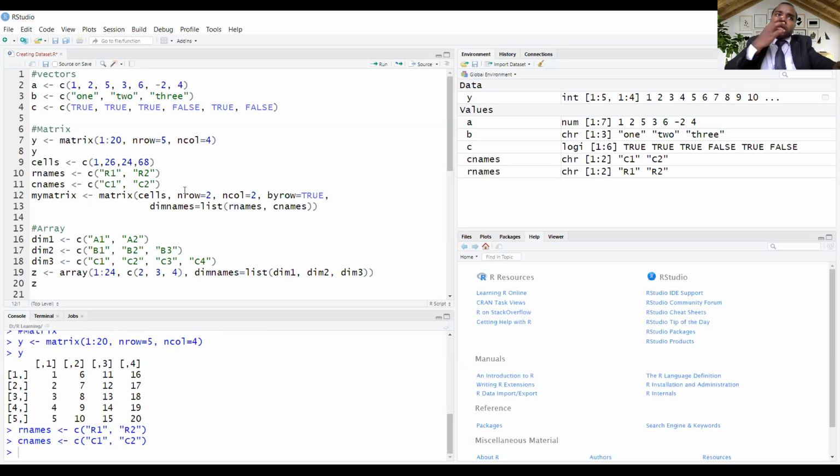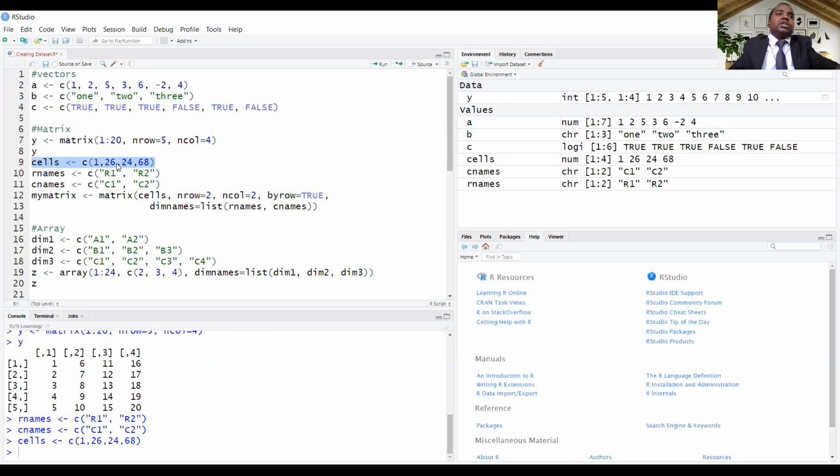Then we are assigning the matrix to my matrix, with the values in cells. In cells we have assigned these values 1, 26, 24, 68. These values we wanted to print in a matrix format, and their row names and column names will be renamed to R1, R2, C1 and C2.